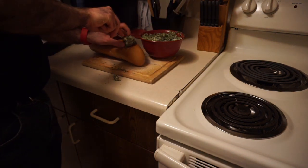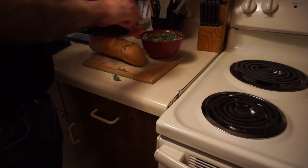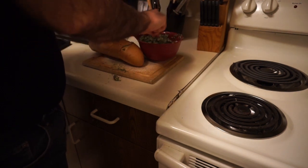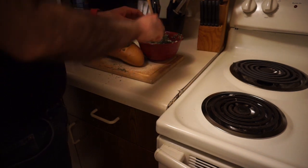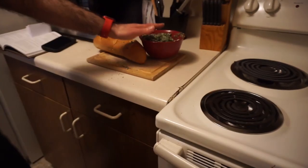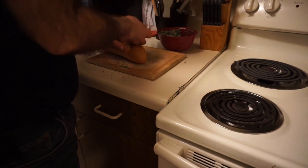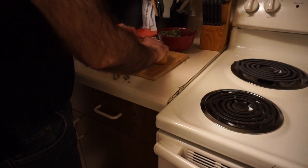Whoa. Okay, this seems like I'm going to need to... I think this mixture was set up assuming I was going to have a loaf of ciabatta bread rather than the French loaf I'm using here. So I'm just going to get my hands in here for this. I think that'll probably be the easier way to stuff it. Okay, that actually just tore, so...